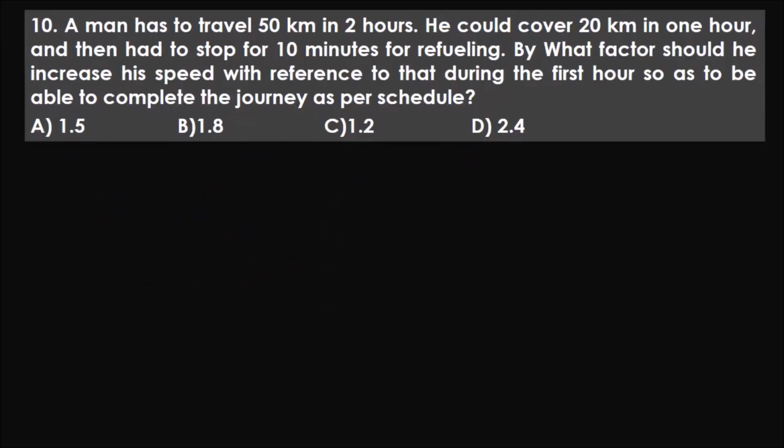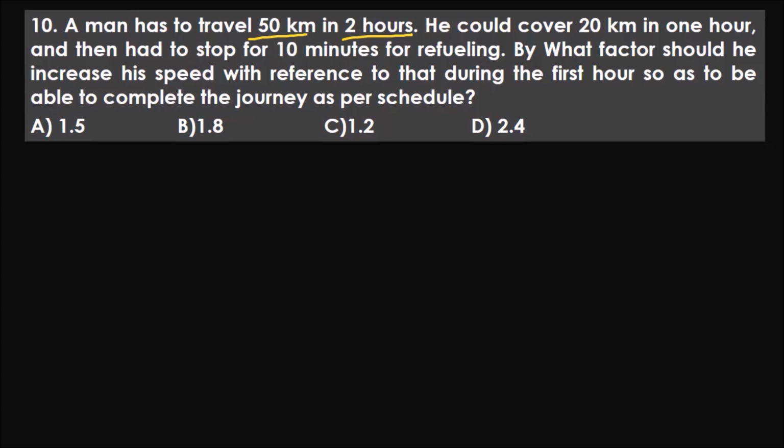Let's move on. This again, not difficult at all, but you just need to understand the question. Again, your English is getting tested over here. A man has to travel 50 kilometers in 2 hours. Okay. So the only thing that we need from this is the total distance that he has to travel is 50 kilometers and the total time he has to do that is 2 hours. Please do not end up doing 50 by 2, that is 25 kilometer per hour. That is not his speed. This is what he needs to do, but that is not the speed at which he is traveling.